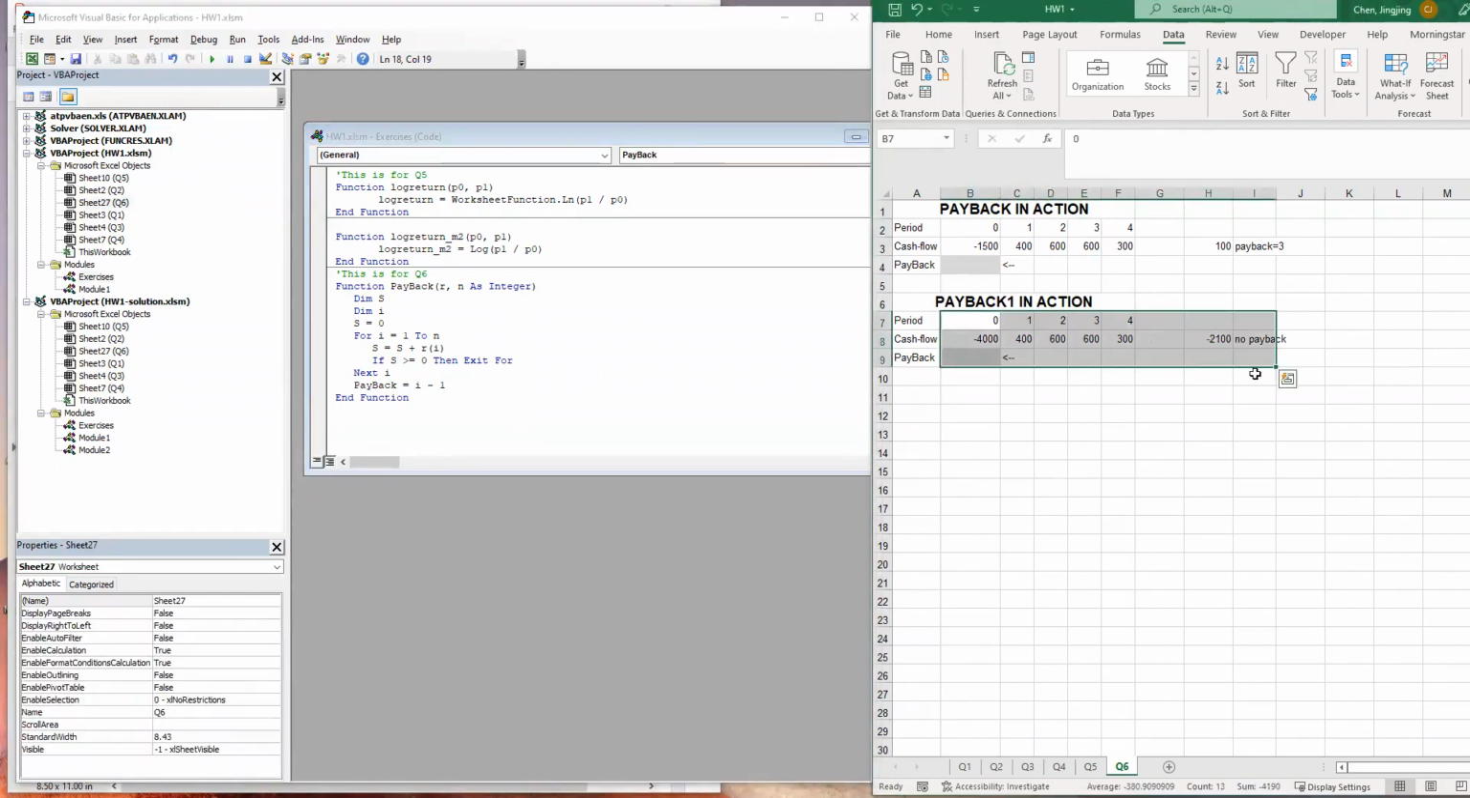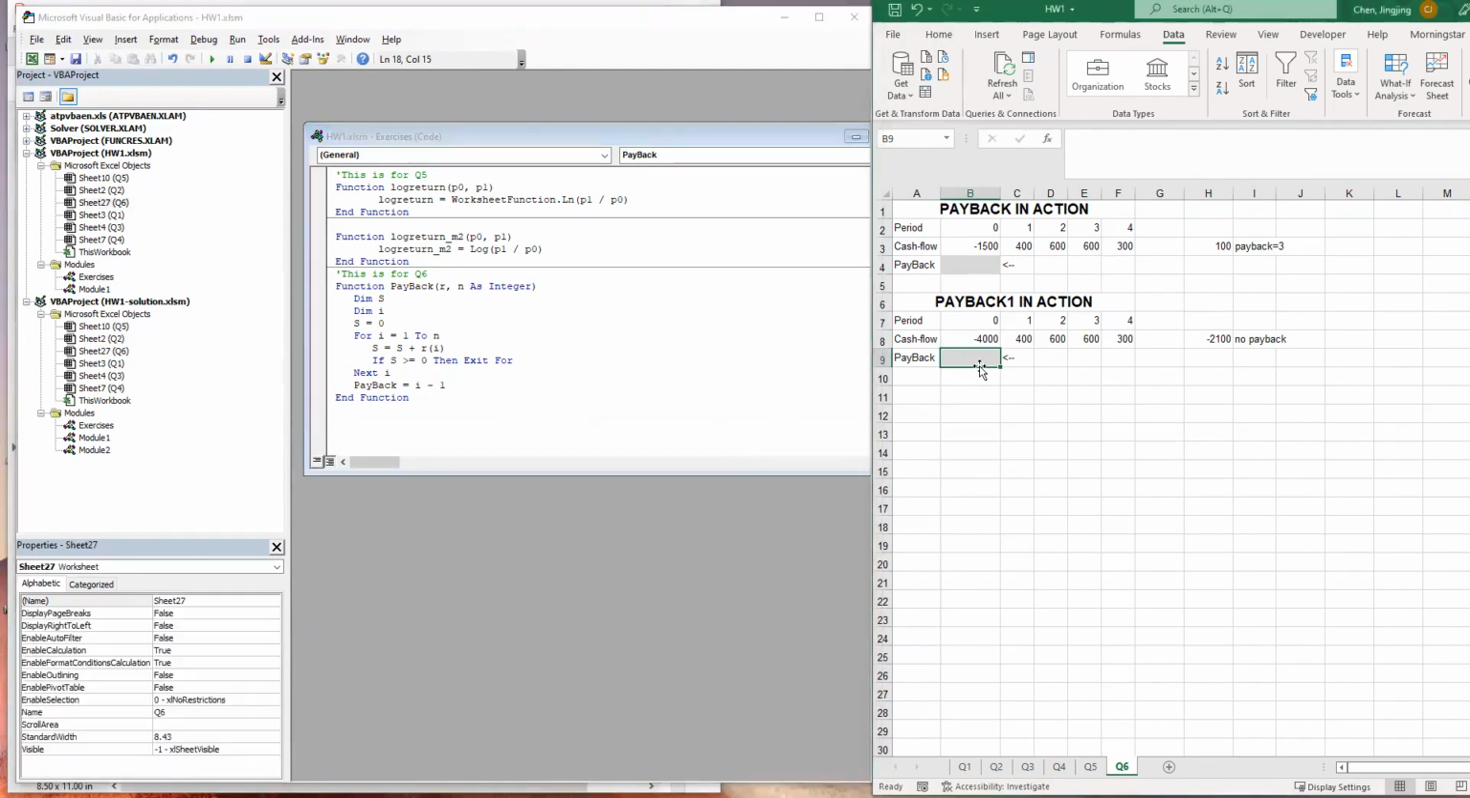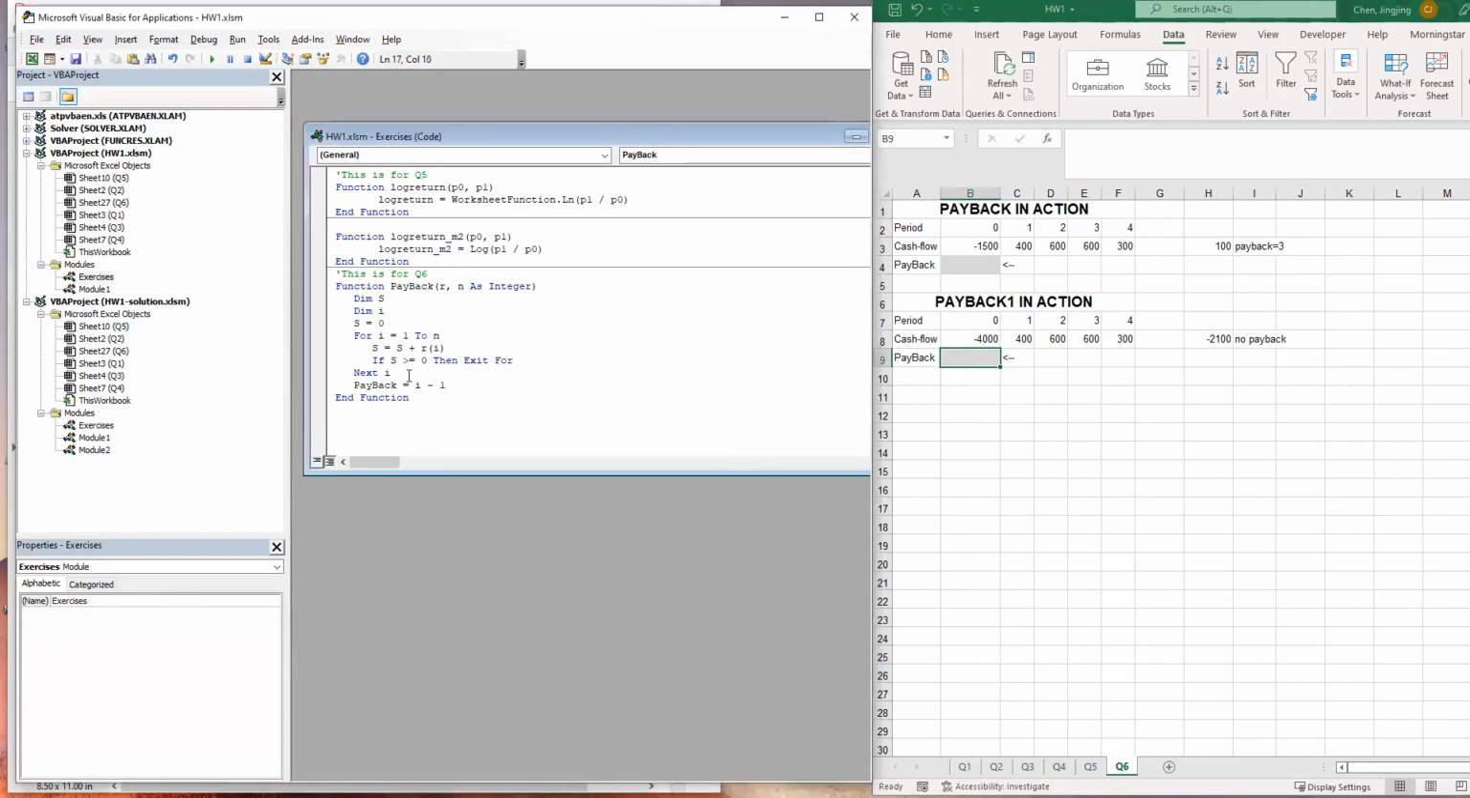However, in the second case, there's no payback period. So Excel will only report n minus 1, which will always be 5 minus 1, that is 4. And in this case, there's actually no payback period. So we want a final statement here just to make sure that we have a valid payback period. So if S is greater or equal to 0, then output the payback. If it's false,